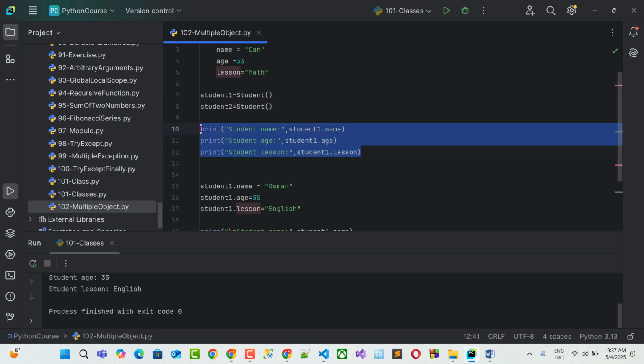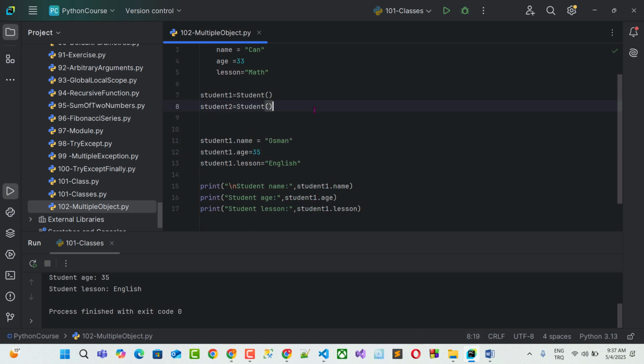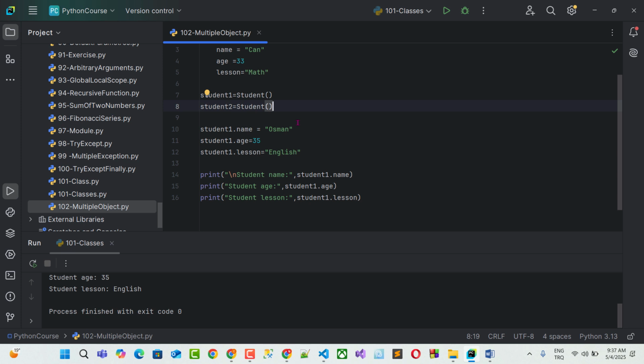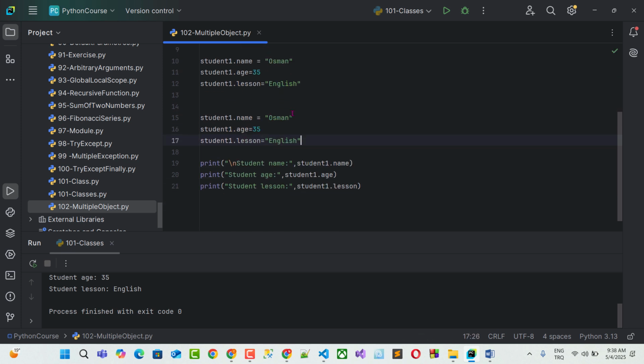I need to assign different property values for this. I assign student1 properties and then I need to assign student2 properties. It can be John, 33 and Matt. I assign it differently. So if I want to print it, I can say first